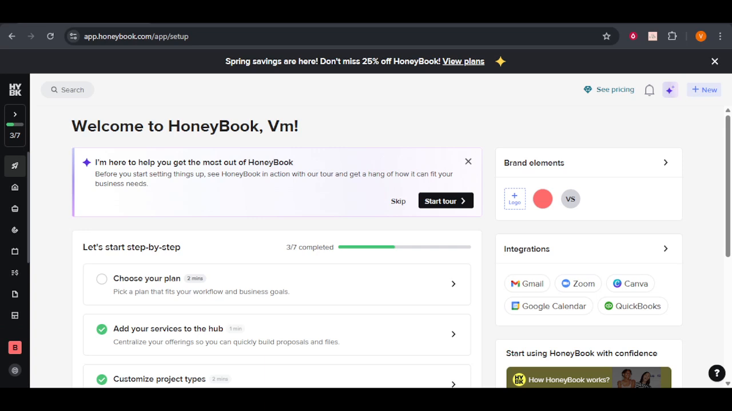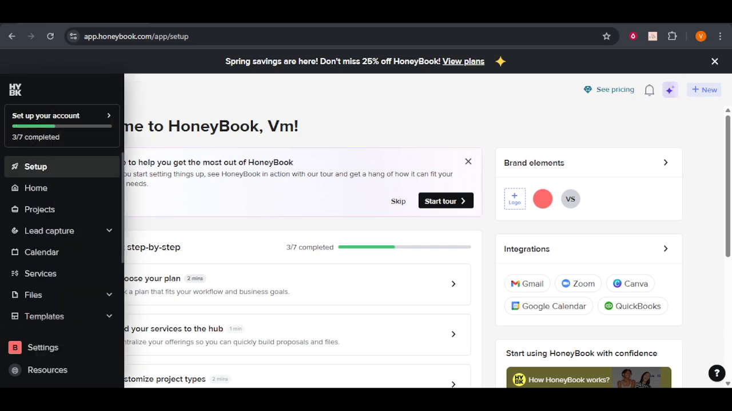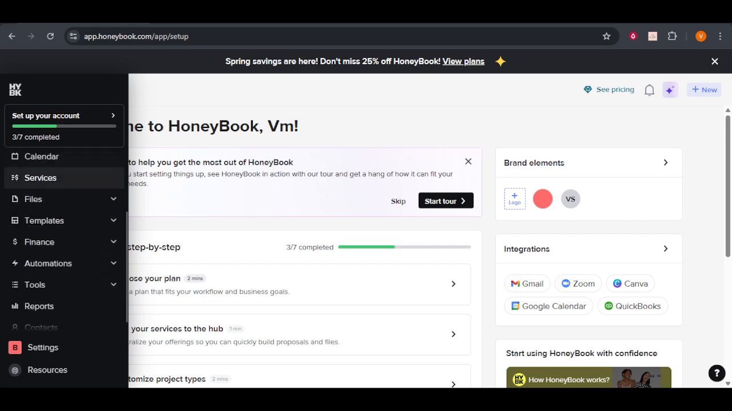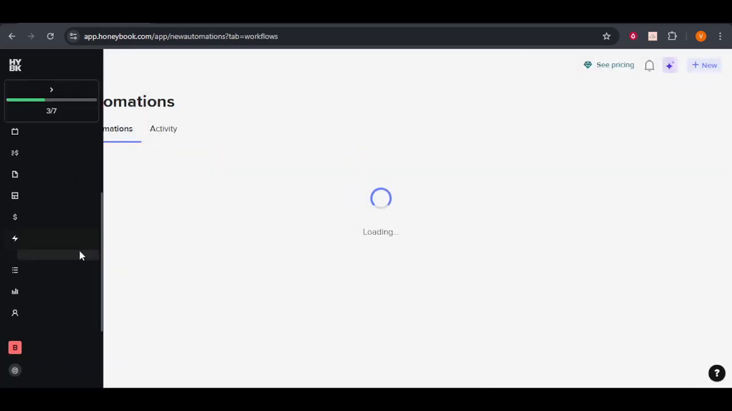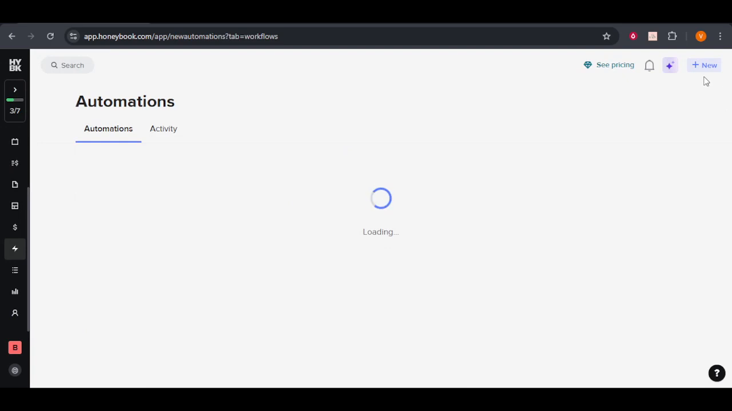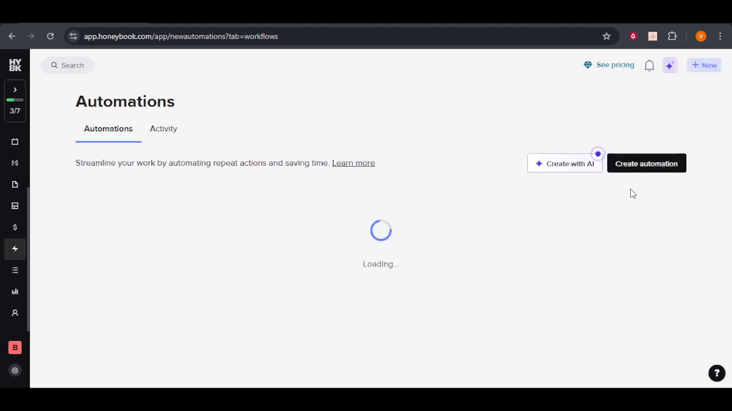First, you'll want to navigate to the sidebar within your Honeybook dashboard. Look for the section labeled Automations. Once you're there, click on the plus new button. This is where you'll start creating your automation sequence. It's like setting up a chain reaction where one event leads to another, streamlining your processes and saving you valuable